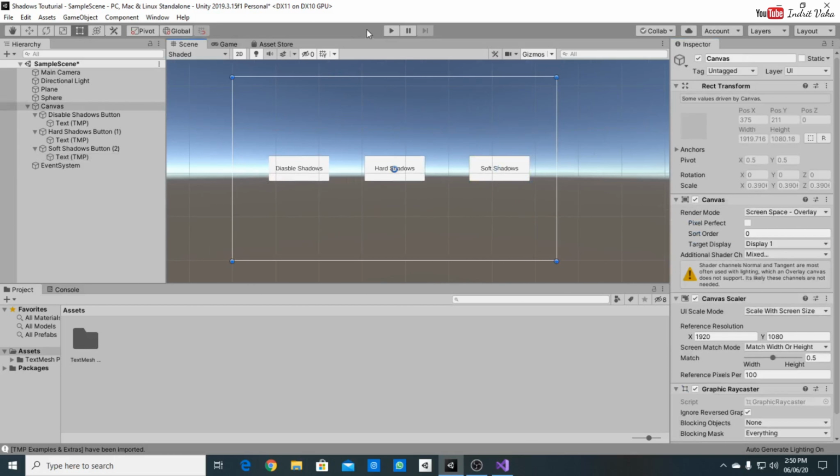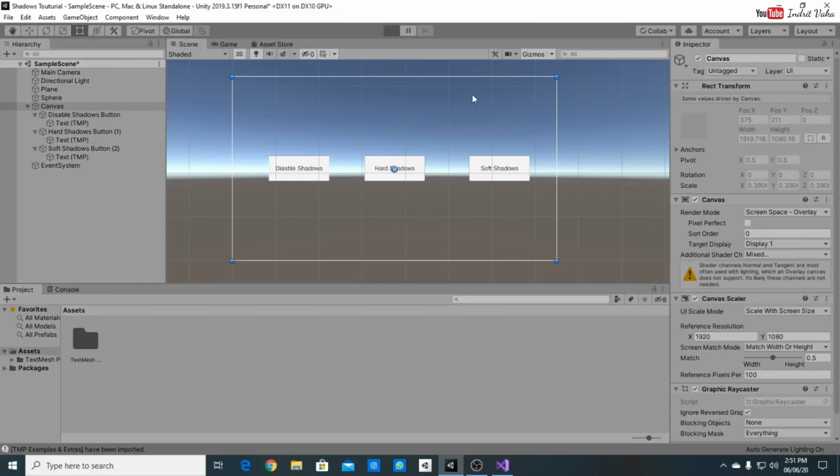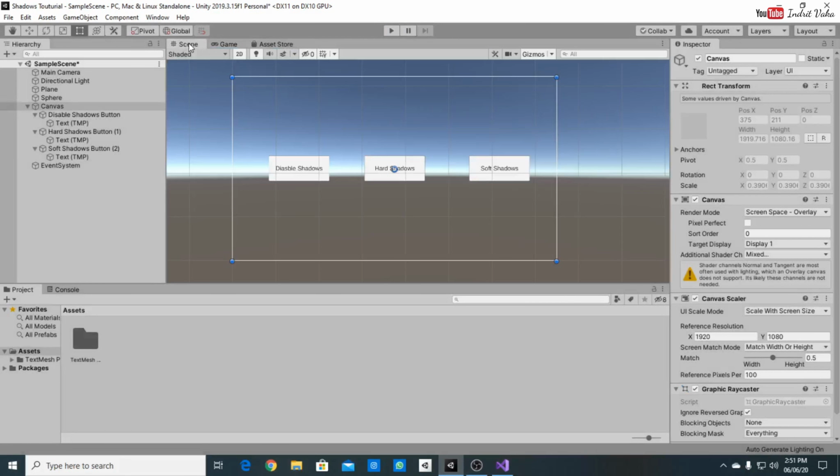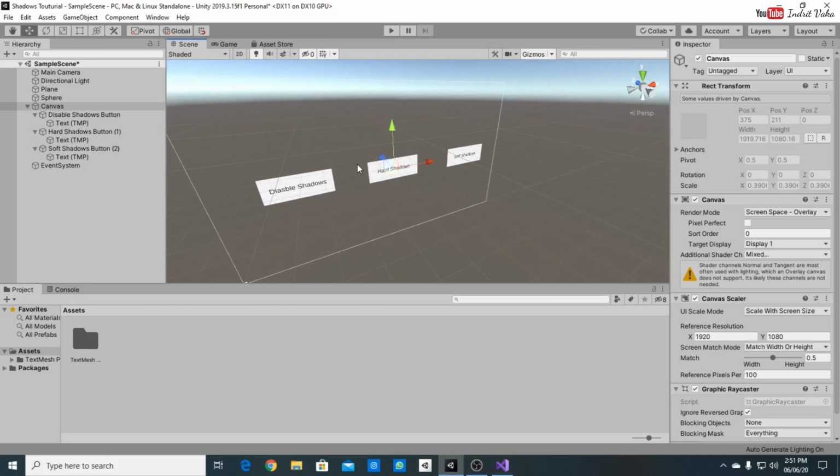Now we have created some buttons, so if we hit play, we can see the buttons are in here, but if we click them, nothing will happen, because we haven't told Unity yet what to do with them. So,